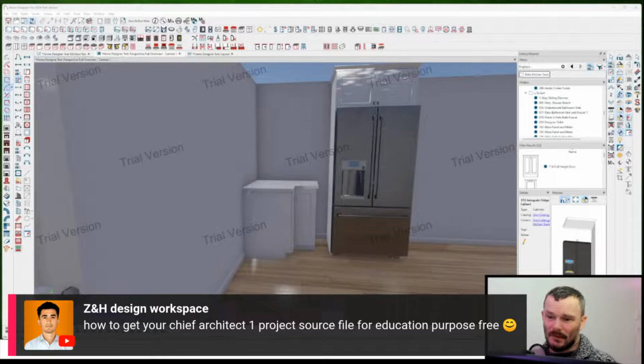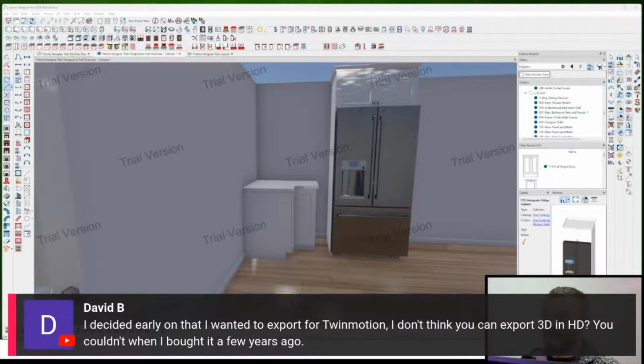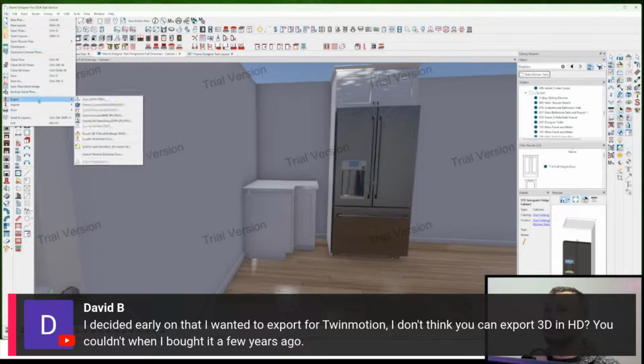Project source file? What's a project source file? Tell me more. For this? For what I'm doing right now? I can't save. I'm using a trial version. Oh, can you export? Good question. Yeah, you can export